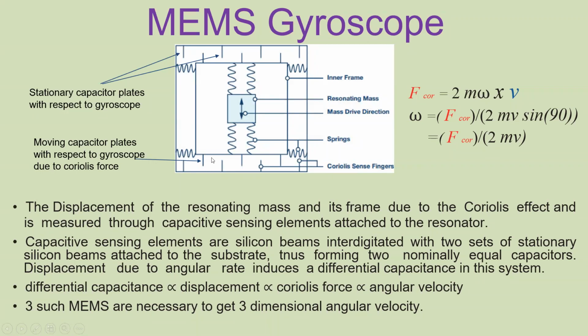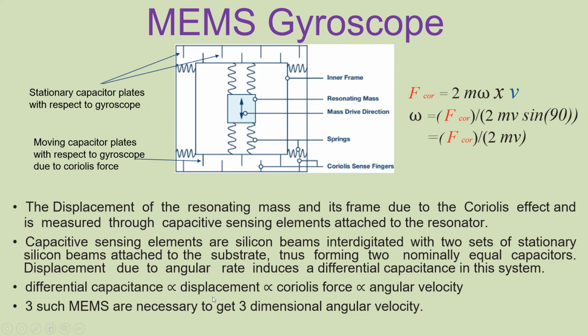So what will be measured? The output is an electrical output. That electrical output is proportional to whatever is displayed on a screen, and that is a measure of the differential capacitance. The higher the differential capacitance, the higher the electrical output. The differential capacitance is proportional to the displacement of this mass, how much it was displaced. If it was not displaced, there won't be a differential capacitance.